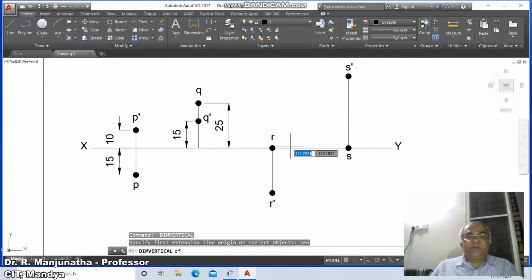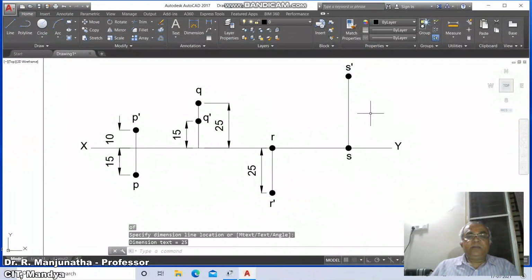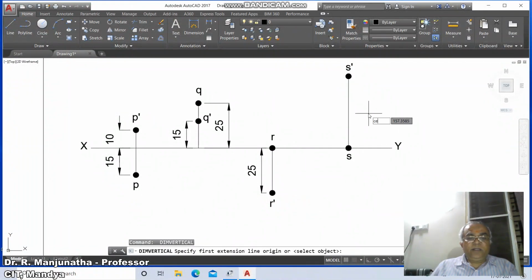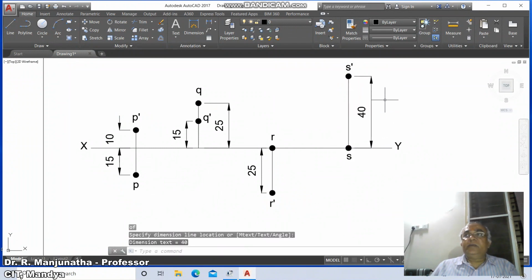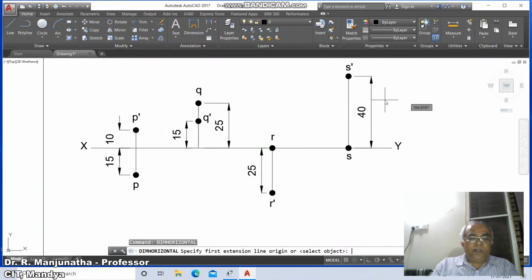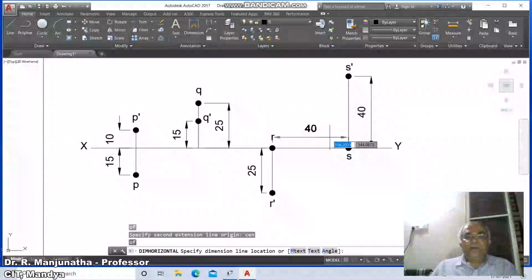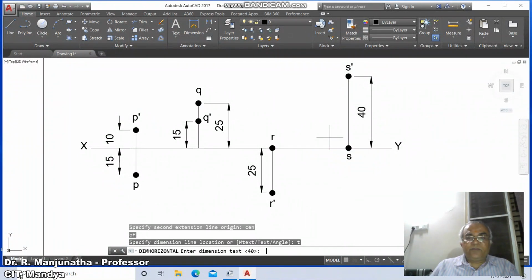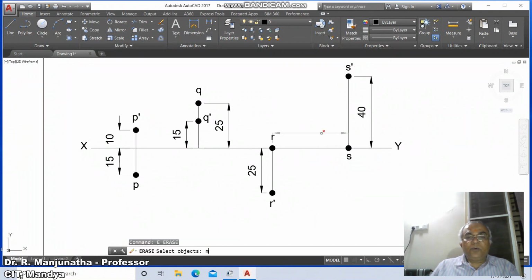Similarly center of this and center of this, and this distance is 25, and then again center of this and center of this, take this distance 40, then go to dim horizontal, take center of this and center of this.